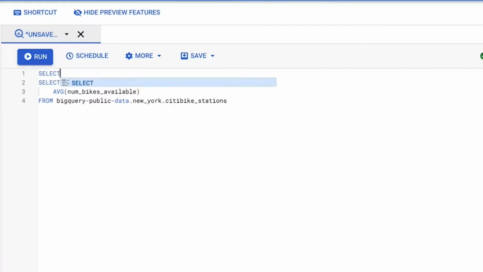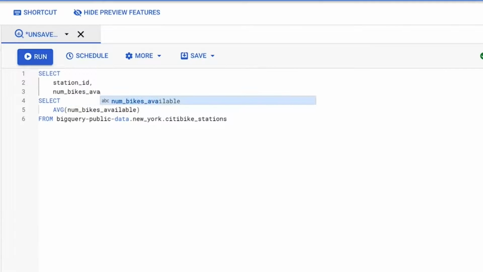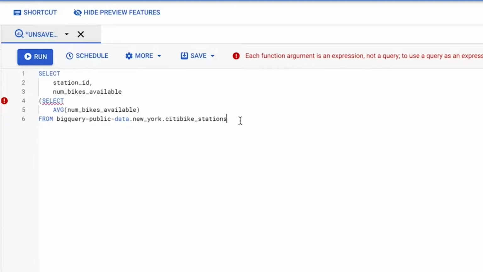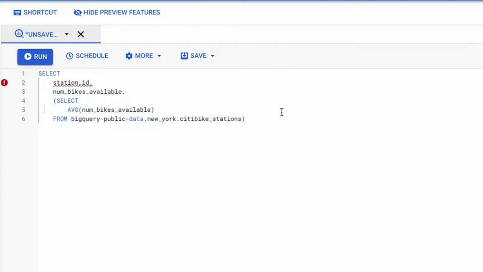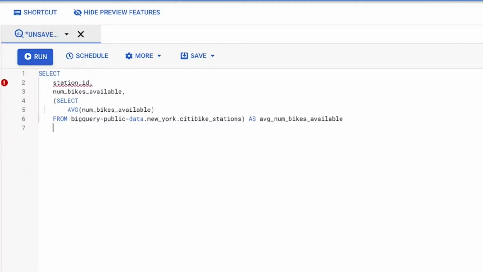Now, let's build our outer select query. We want to select the station ID and the number of bikes available. Then we'll put the select query that's pulling the average number of bikes inside that outer query by using parentheses. We'll also build from into the subquery before closing it with another parentheses and completing the outer query. The end of the outer query has as to show what we want to call this column and a final from statement to indicate which table we're referring to.